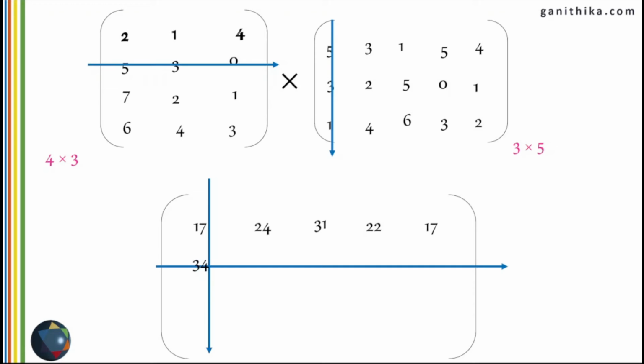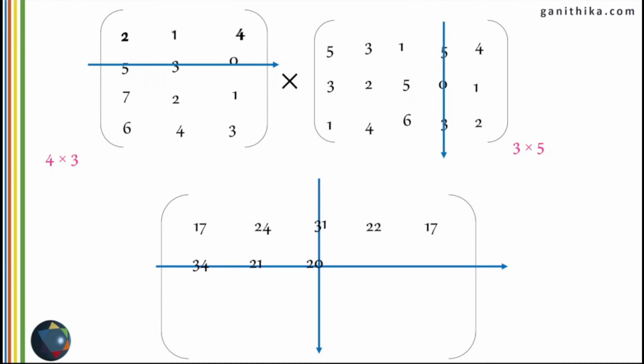So multiply 5, 3, 0 with 5, 3, 1 and add them all, you will get 34, and you will place the answer in second row, first column, because you started with the second row of the first matrix and the first column of the second matrix. Therefore, second row, first column is the position. Now second row, second column, the answer is going to be second row, second column here, and you will place the number here after multiplying the corresponding elements. Second row, third column is here and the number is going to be 20 because you are going to multiply 5 times 1 plus 3 times 5 plus 0 times 6, you will get 20 there.